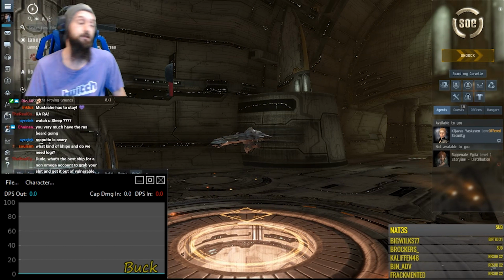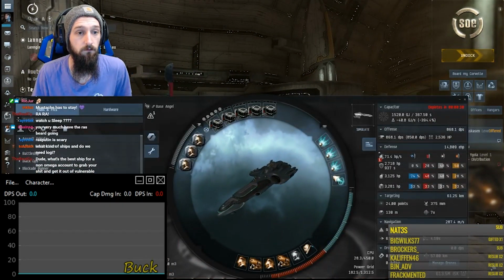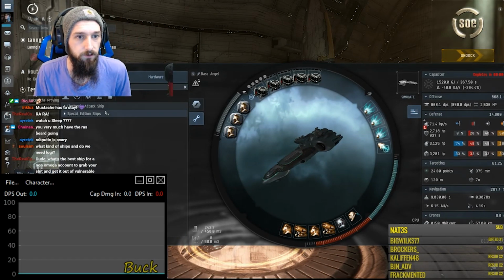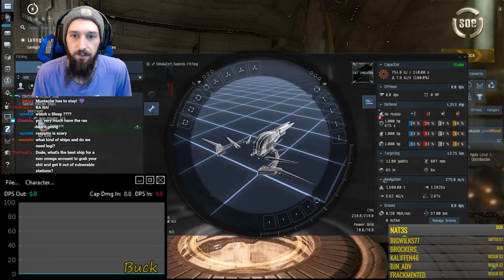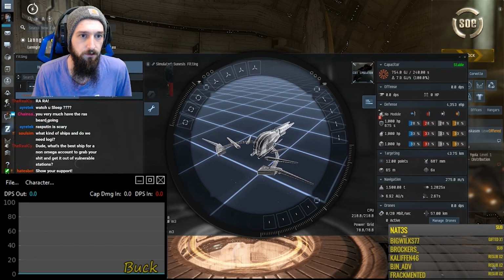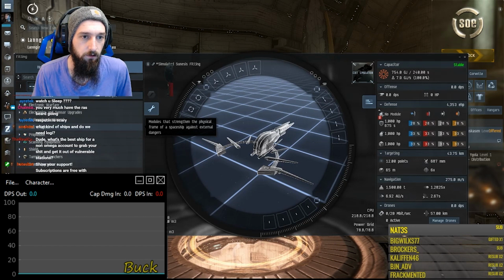The Synesis. It's a really good one. So the special edition destroyer here, the Synesis. This guy can fit a sub 2 second alignment time. So we can get that alignment time below 2 seconds. You might need more or less inertial stabilizers, but if we go hull and propulsion,